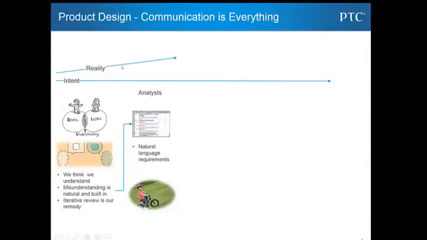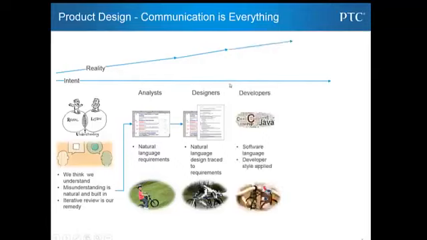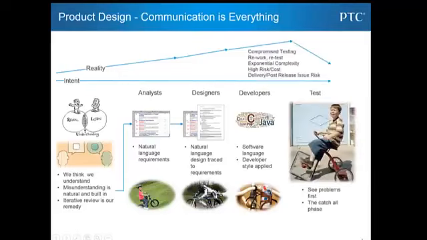The reality is we're always going to be off course to some degree. And as we move further through the life cycle and other roles take that data and add more breakdown to it, in this case requirements breaking down into design specs for instance, we're actually further and further off the mark. Developers add brand new languages, also interpreting the natural language, writing new languages, and it's not until we finally get to the testing phase that we find out that certain systems don't work with others.